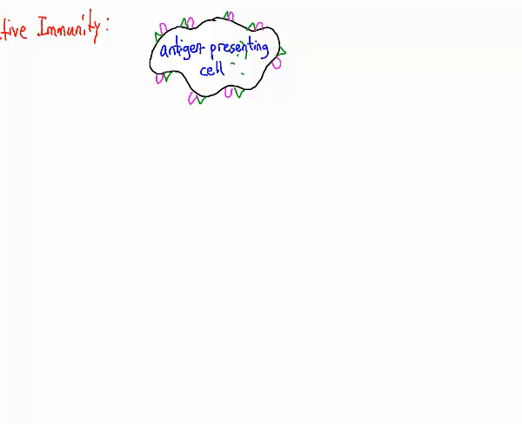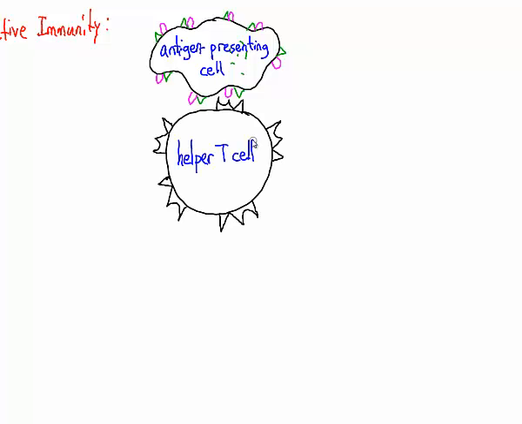One of the most critical types of cells in our immune system: our immune system is divided up into leukocytes, or white blood cells, and lymphocytes. There are several different kinds of leukocytes and lymphocytes. The two most important lymphocytes are called B cells and T cells. One of the most critical are the helper T cells, and what they do is recognize the antigens presented by these antigen presenting cells and then start advertising for the rest of the immune system cells to start attacking that particular invader. So here's a helper T cell,